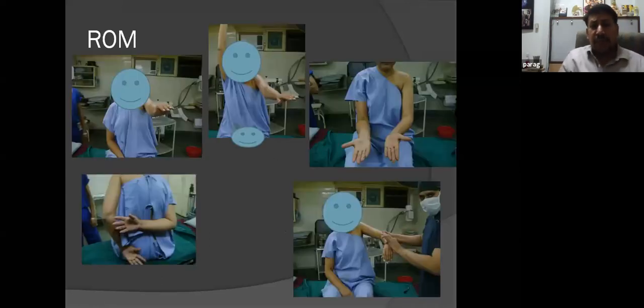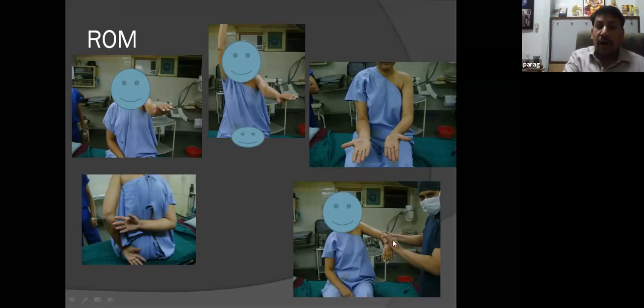So again, these are some pictures from the OR. This patient has a global restriction of motion. She's a very young diabetic. So she has forward elevation to just about 80 or 90. When you look at it, she has an internal rotation contracture. Can you see that? The arm is in internal rotation, so there is no external rotation. She can hardly go to the buttock on this side. So there is severe restriction of internal rotation.